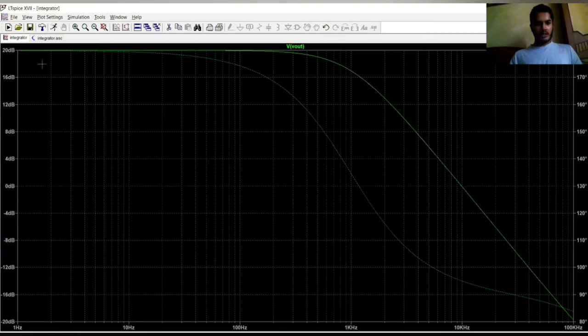We can see that initially the gain is constant, and at a specific frequency, which is 1 kilohertz, the gain is 3 dB below the maximum gain, and the frequency at which the gain is 0 dB is called FB, which is 10 kilohertz, and it is in agreement with the design values, and it goes on decreasing at very high frequencies.